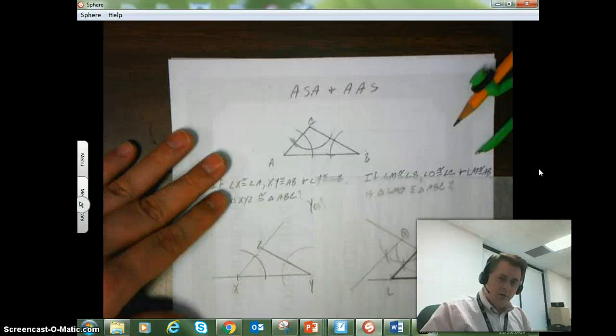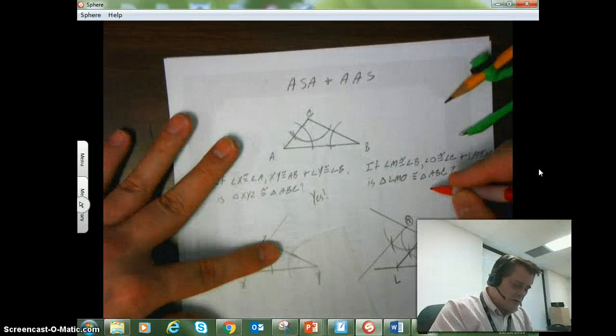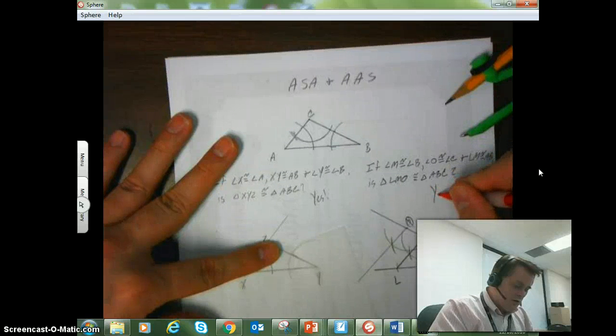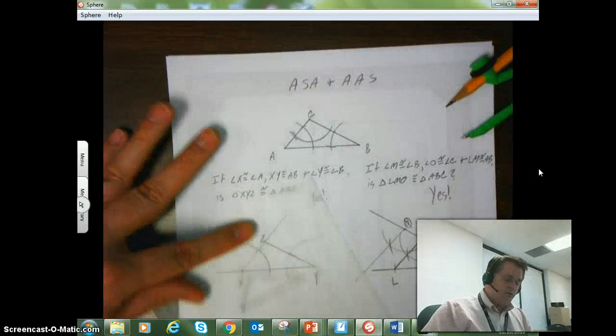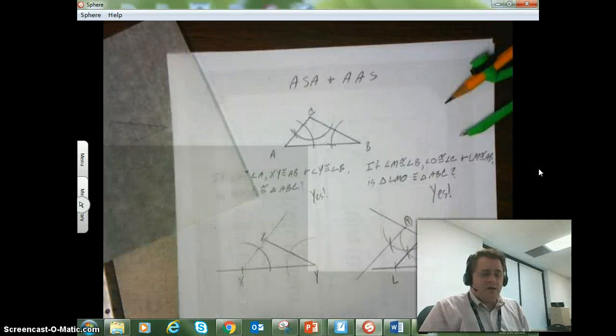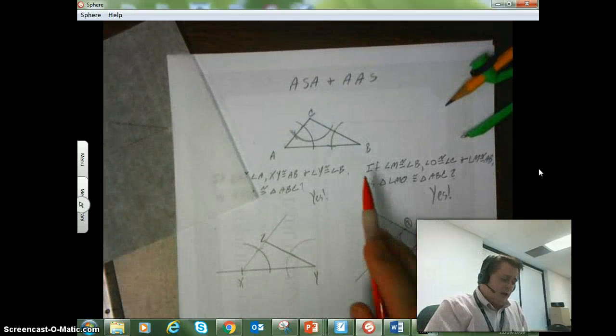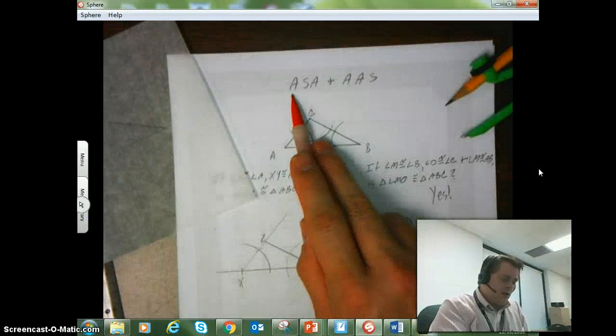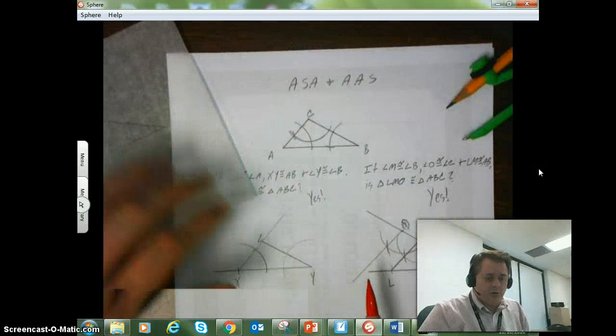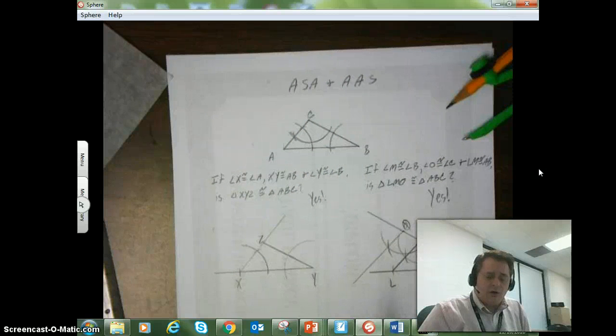And it certainly appears that triangle LMO is congruent to triangle ABC. So this is going to be another valid way, even though side, side, angle, an angle that's not included between the sides, didn't work. Angle, side, angle and side, angle, angle, those both are going to work to show when triangles are